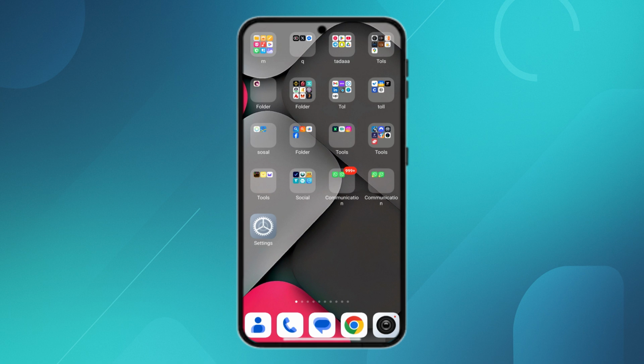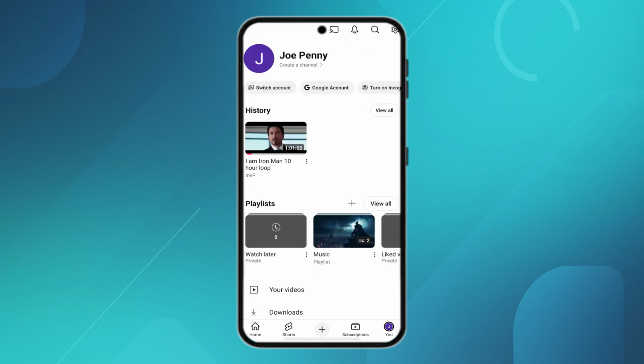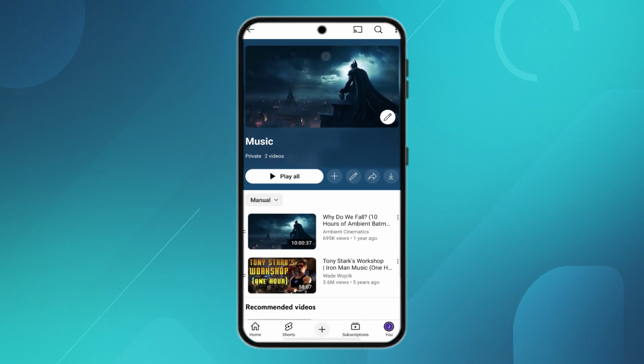Now tap on the library option like that, and here you can see your saved playlist. For example, I have that playlist named music. I can click on it and it will open that playlist, right? From there you have to click on the share button,